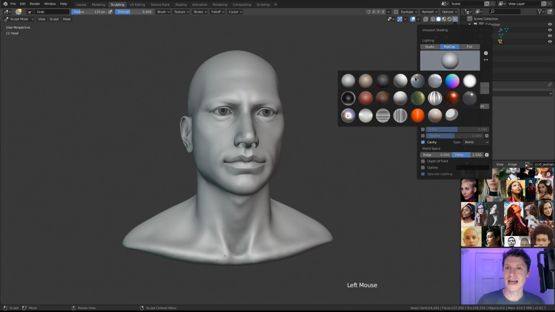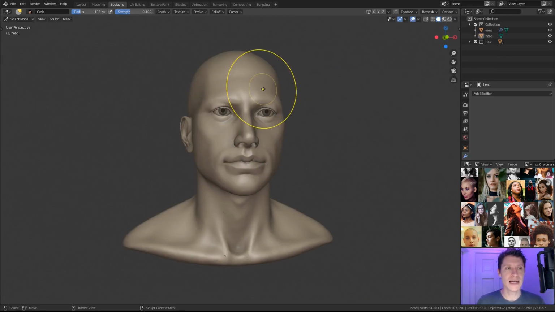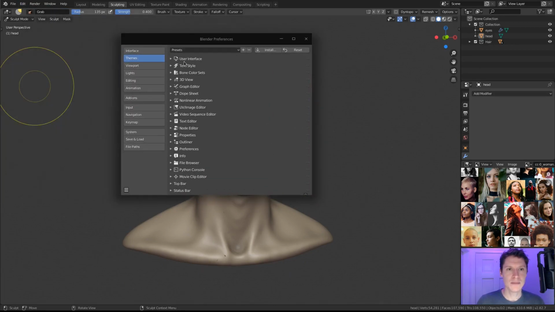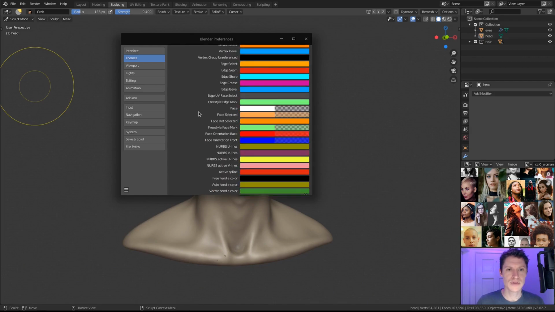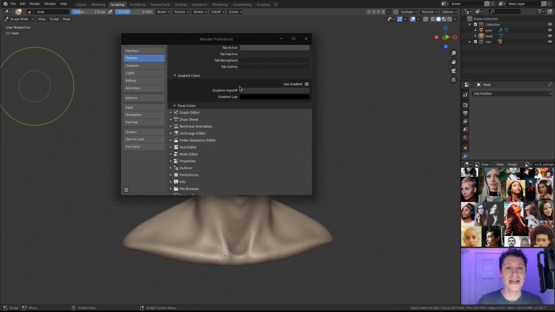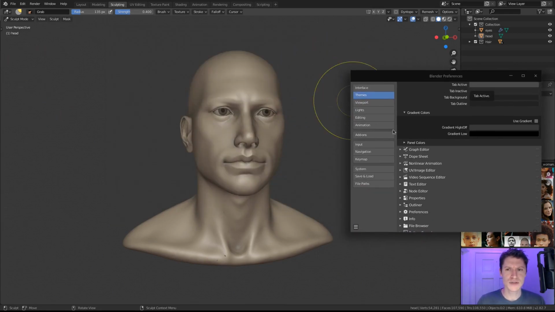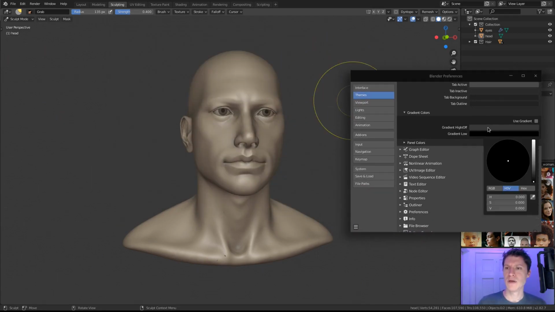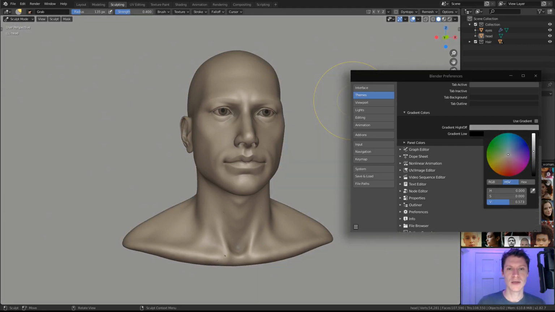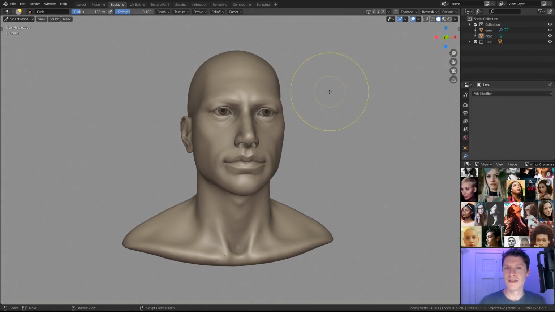And so that can make it very difficult to see the silhouette explicitly. So I'm going to modify that in my user preferences in the themes 3D view. If we scroll down into theme space, scroll down again, gradient colors. So the background is referred to as the gradient, and we will change that color to a lighter gray. All right, here we go. We may lose some of the sex appeal of the 2.8 dark user interface, but this will make it easier